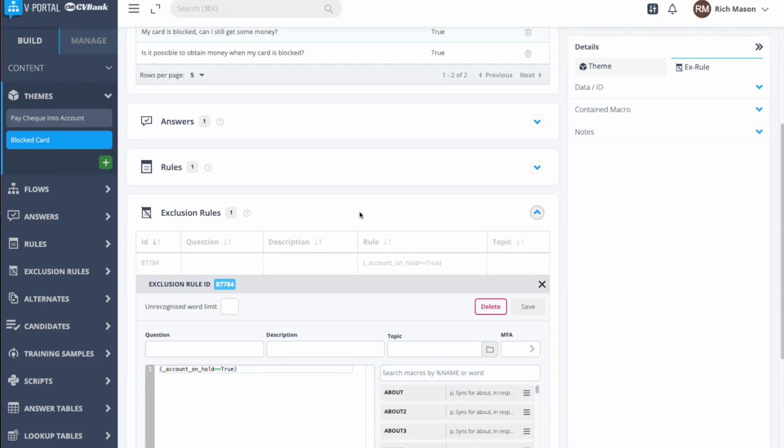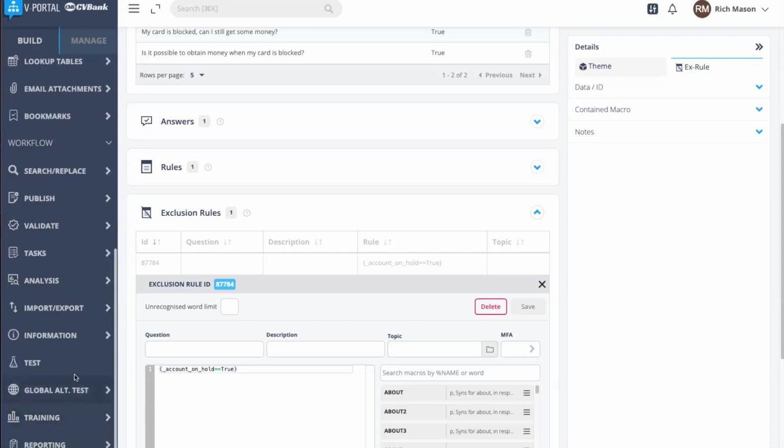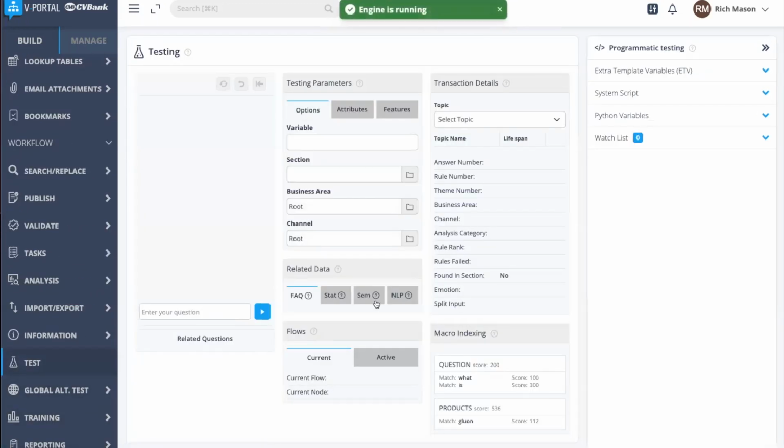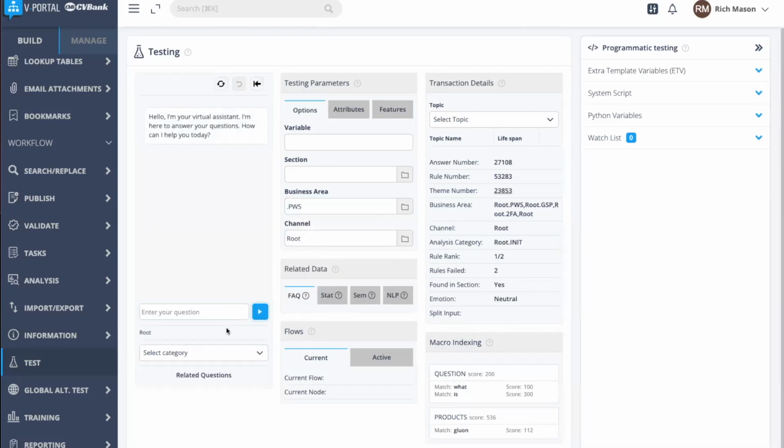So far, I've just been testing against the local themes. But if I come down here and go to the global testing window, I can test against the full knowledge base as it currently stands in staging. I'll just make sure I'm in the correct business area, start a new session. And if I enter the question that I had before,